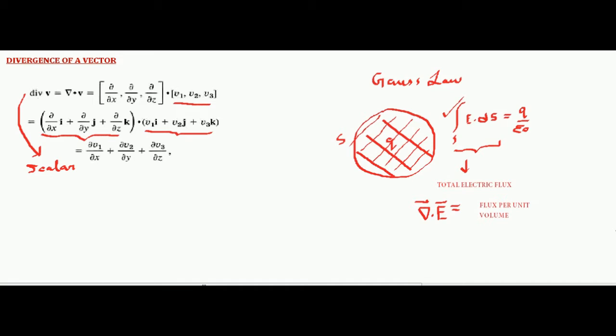So what is the use of it? The use is, if you are given a particular electric field configuration, say either in Cartesian, spherical coordinate or polar, if you do divergence of that, then you will get a scalar function, because divergence of all the vectors will give you a number. A number means you will get a scalar function, and this scalar function will represent the flux per unit volume. So you need to remember this, because we will continue this part when we study the Gauss divergence theorem. Now let us move to curl of a vector.